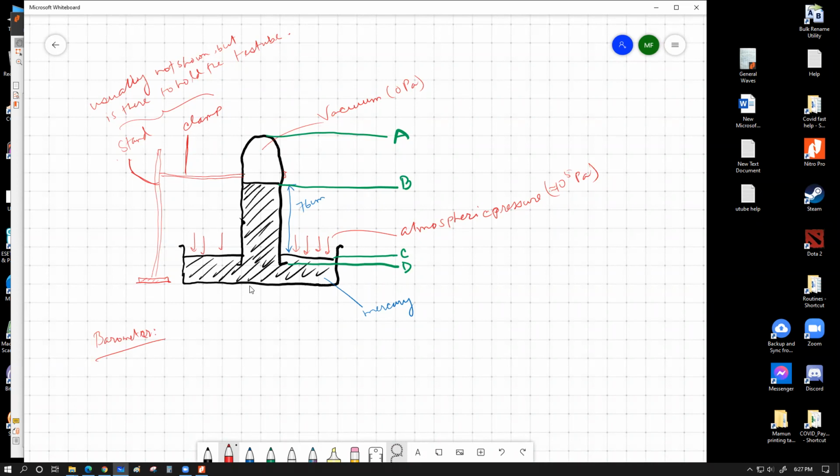Write the next paragraph: when a mercury filled test tube